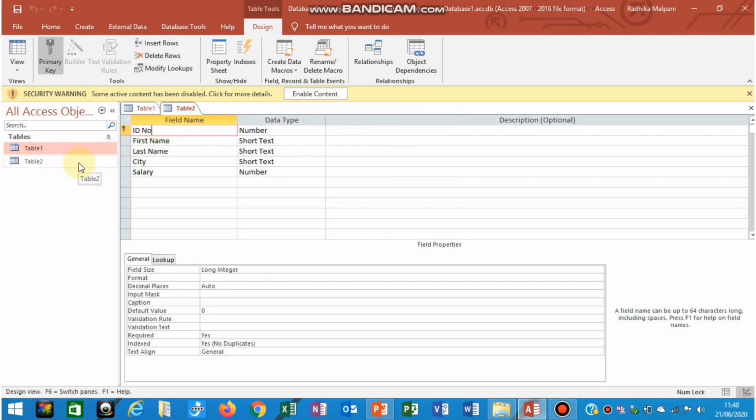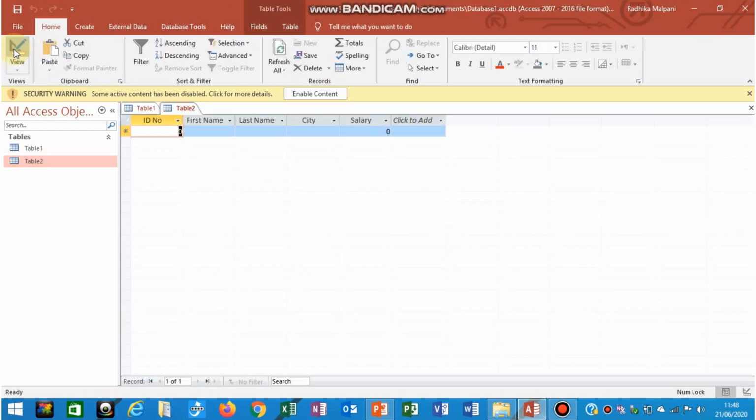After clicking OK, here under table 1, table 2 is ready. Fine. So to view your table, after saving the changes, click on this view option. So now your table is ready. Fine. So under this you can add the details.